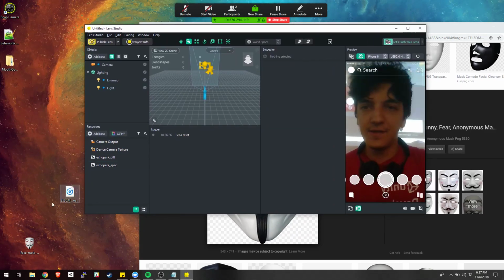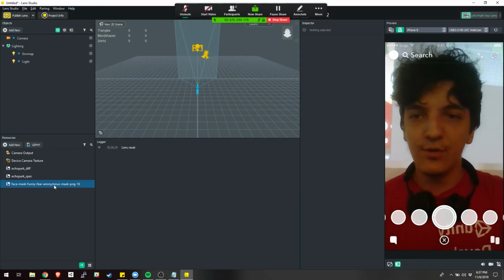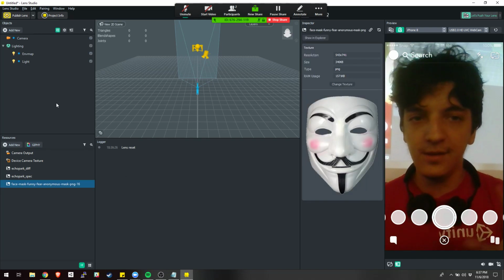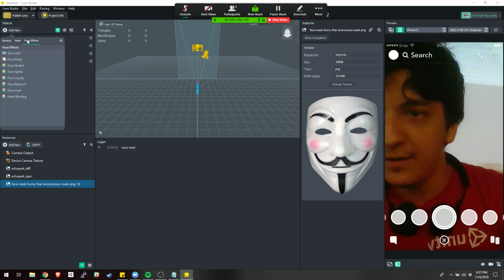So first I'm just gonna set up my lens. I'm gonna pull the texture that I want. Now again, you don't have to use this exact mask or anything else, but the idea is still the same. And I'm gonna go to add new face effects, and here I'm gonna do,